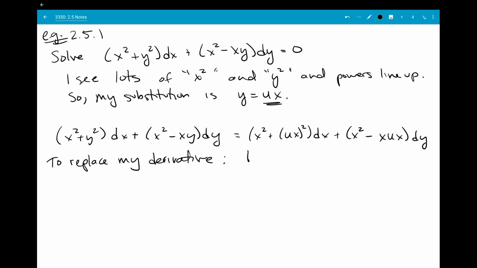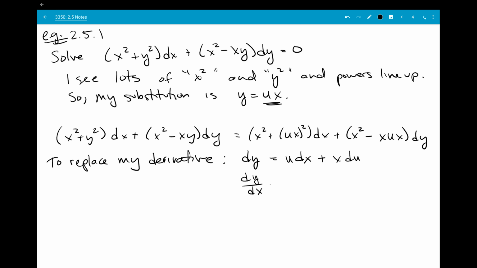So to replace my derivative, I want to change dy into something that uses du. You can do this by reasoning through it like a product rule. If y is equal to u times x, then dy would be equal to: u stays the same, and you take derivatives with respect to x. Or, let's see, x stays the same, and you take derivatives with respect to u. You can do that, or you could say,